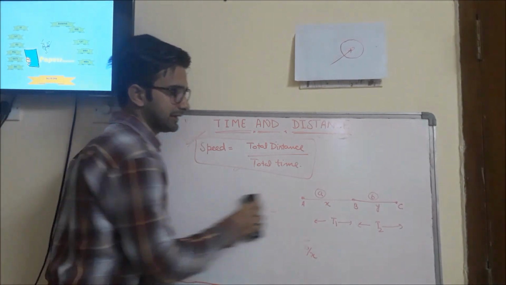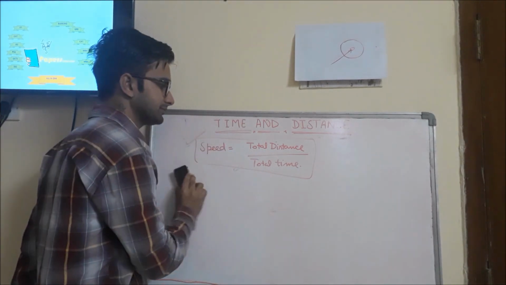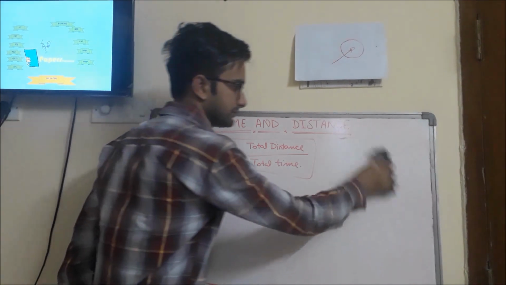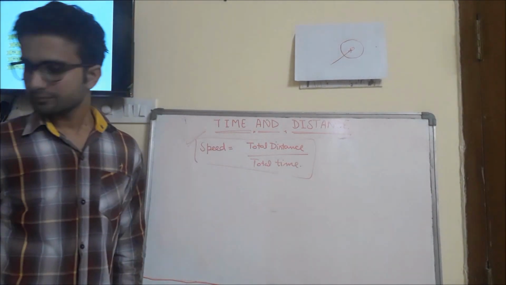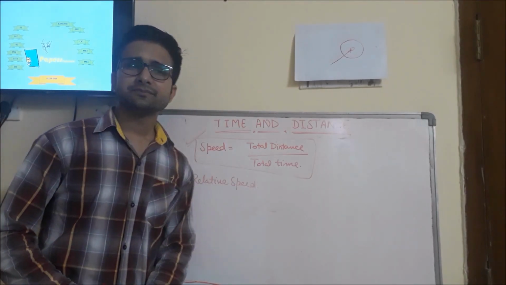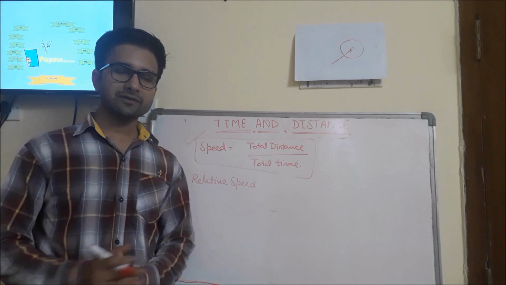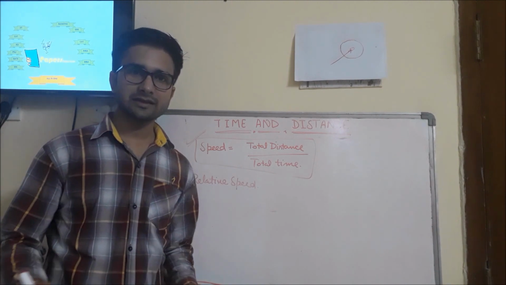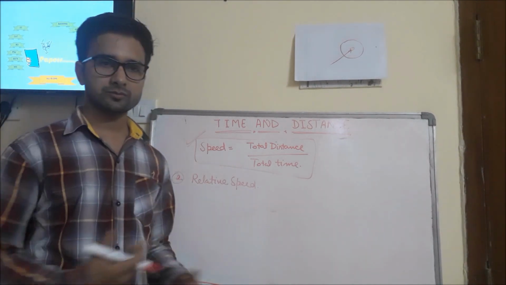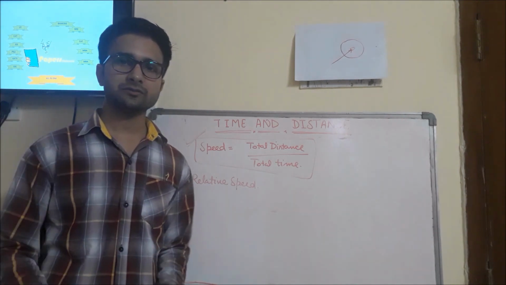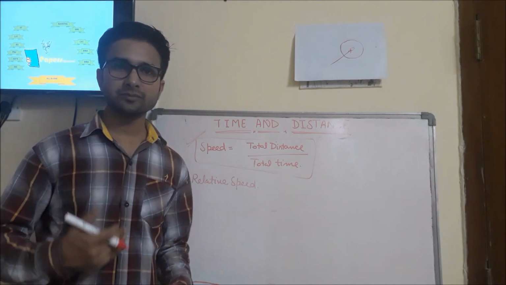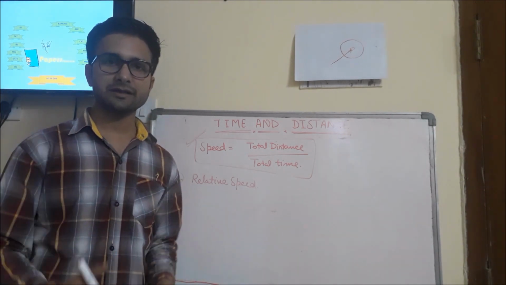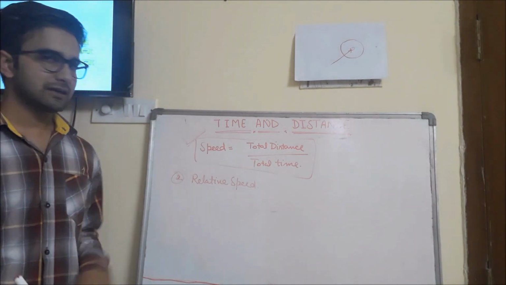The second concept I am going to tell you about is relative speed. I am keeping this formula here only because this is the only formula we will be using throughout this whole lesson. On relative speed: according to the theory of relativity, everything in the universe is relative. Whatever you are seeing is relative. Like if I am seeing a car going somewhere, the car is moving relative to me. That's why I can see that it is going far from me or coming near to me. So this is the concept of relative speed.